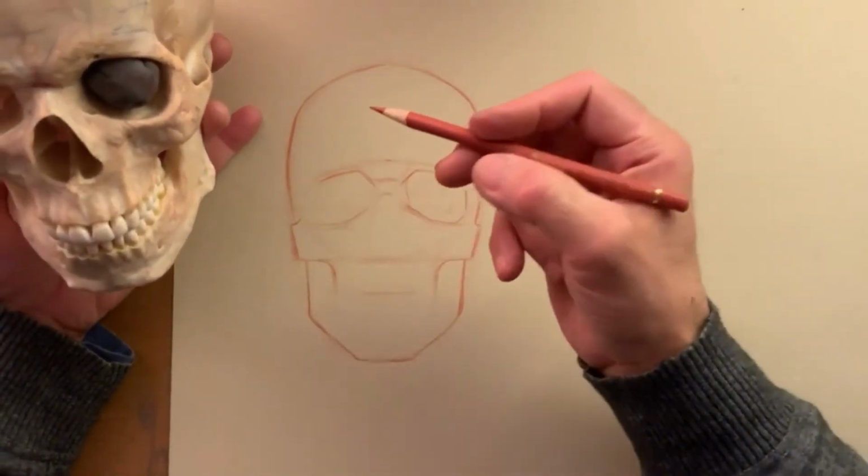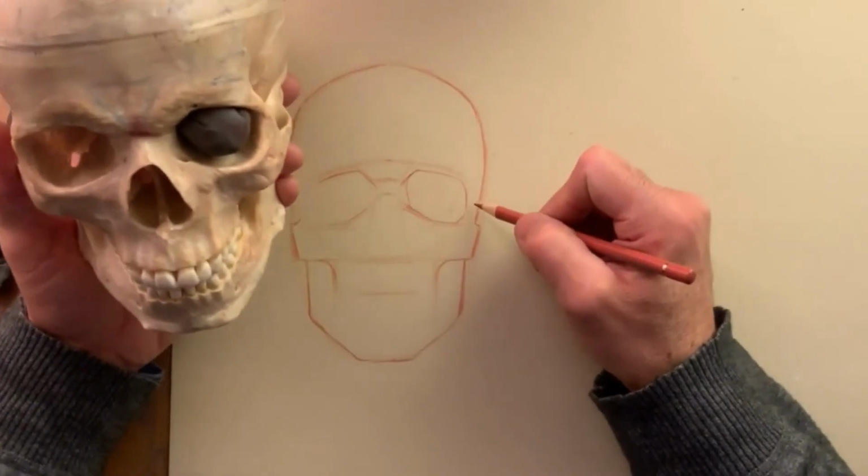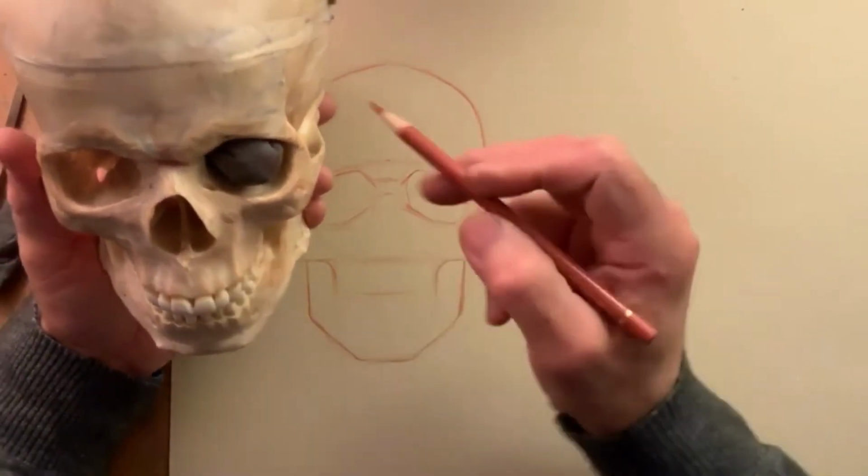So I repeat the same thing on the other side, leaving some space here because we need to leave some space in here because here we would have